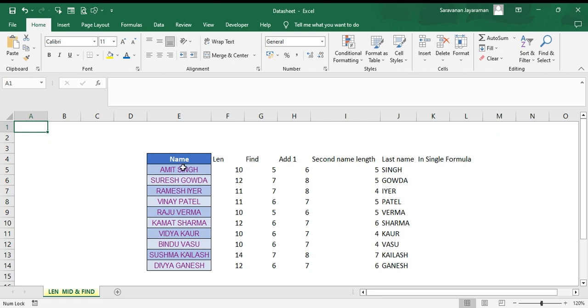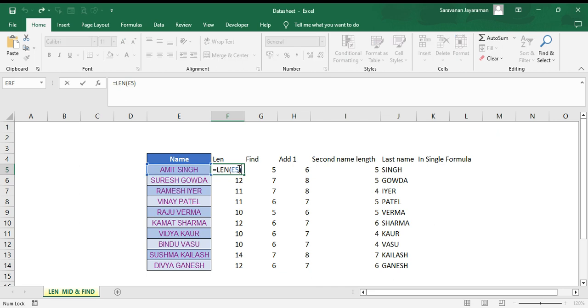Okay, so here we have the list of student names, and our task is to find the last name. So just pick out the last name. To find out how we did it, we first found the length of the text. So to find the length, the formula is equals LEN open bracket the text,